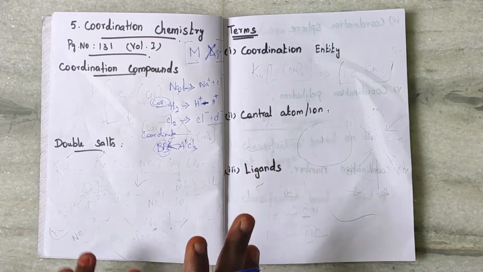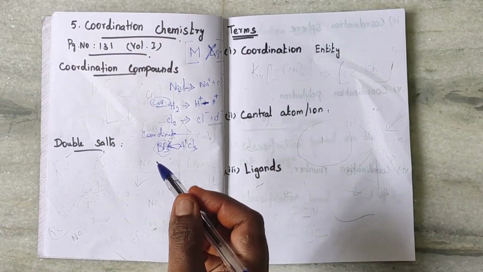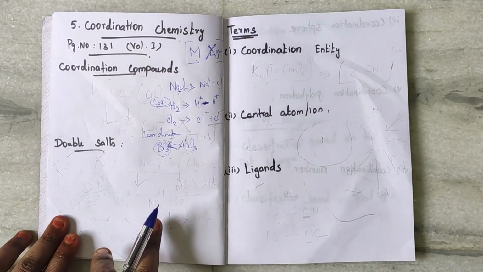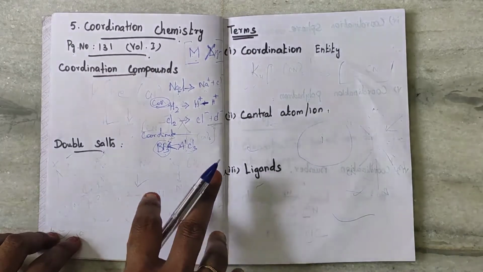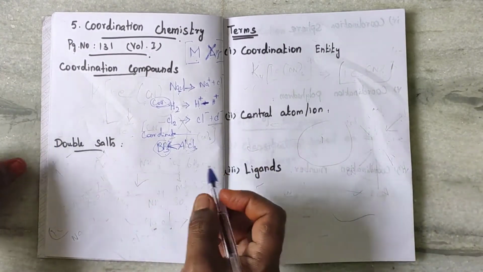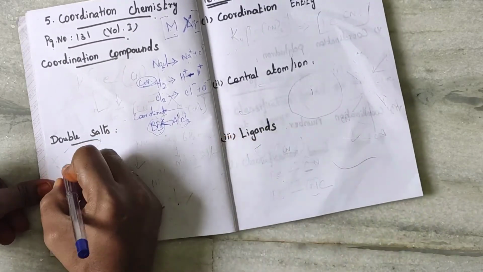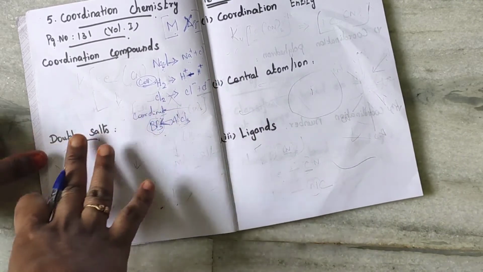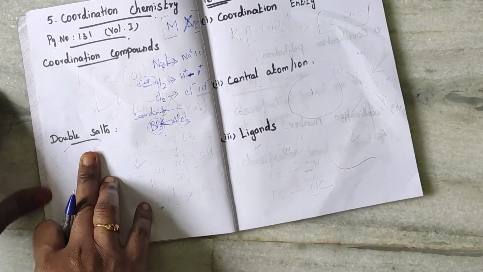Coordination complexes play a role in biological functions and have a wide range of catalytic applications in chemical industries. From this unit, we study the nature, bonding, nomenclature, isomerism and applications of coordination compounds. Okay, now I gave some intro. Next, comparison of salts. The differences between salt, double salt and coordination compounds.